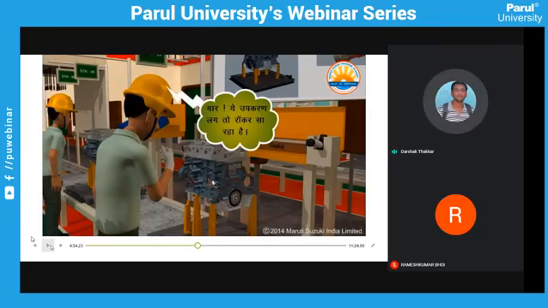So each and every type of car has different elements and different tools which are assembled with it, right? Different parts are going to be assembled on it. So for that, every operator has to know which part should be assembled on this particular car model. If they assemble the wrong part onto this assembly or on this car, definitely the wrong product will be produced, and definitely there may be a chance of the wrong product going to the customer, right?